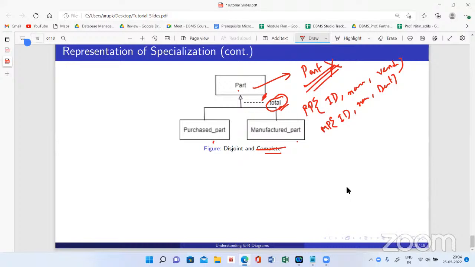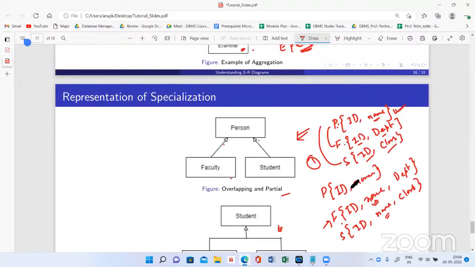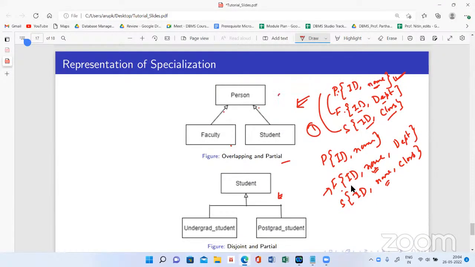Fine, sir. Primary key will be ID, right, sir? Yeah, definitely. Everywhere the primary key is the ID. In this case also the primary keys are the ID. All the primary key IDs will be. So the only thing is here I can make this name